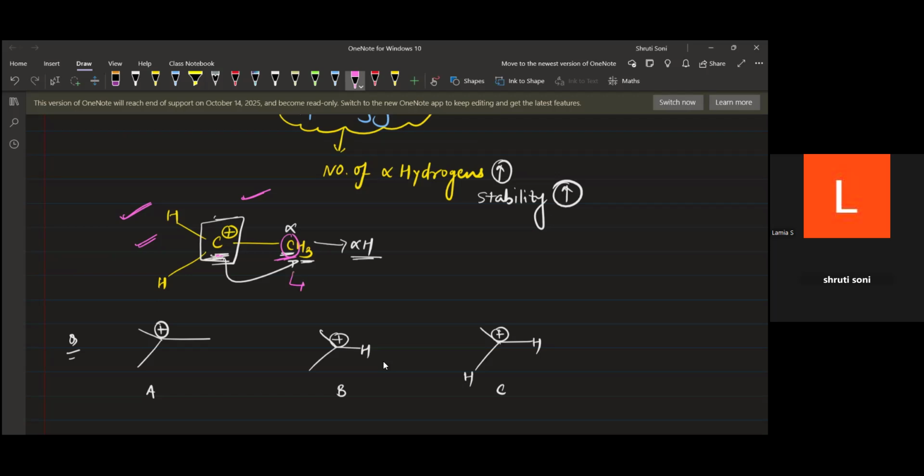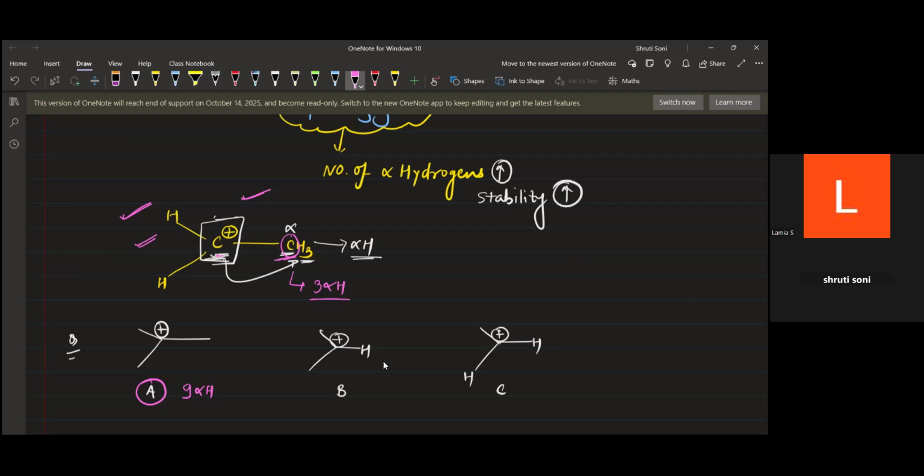Three. So attached, how many total alpha hydrogens? Three alpha hydrogens. Now you tell me, in case of A, how many alpha hydrogens does A have? Three, six, nine. Yes, absolutely. Nine alpha hydrogens. And in case of B,